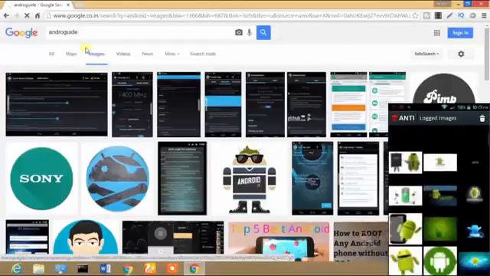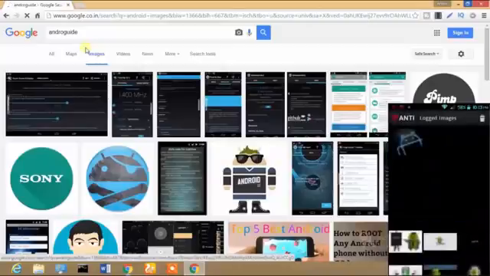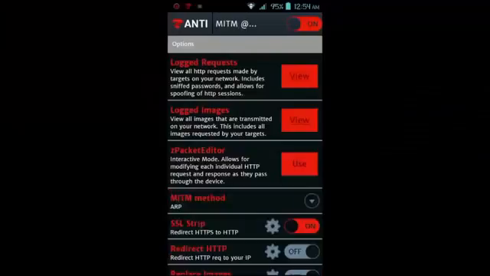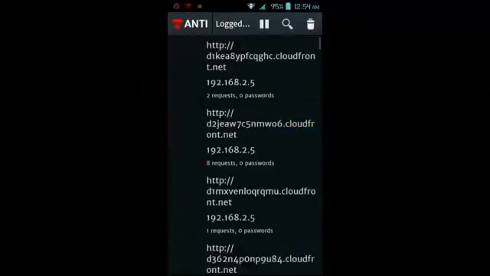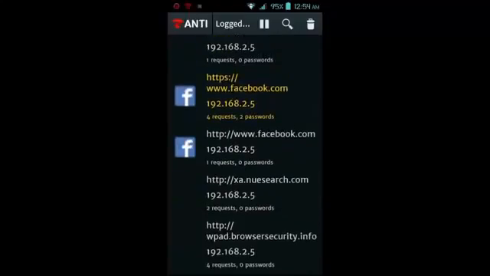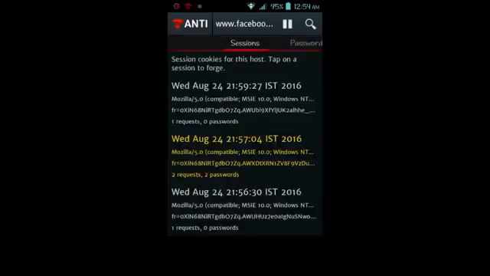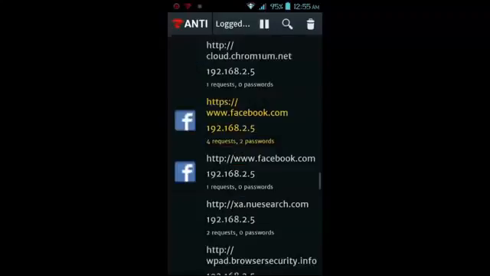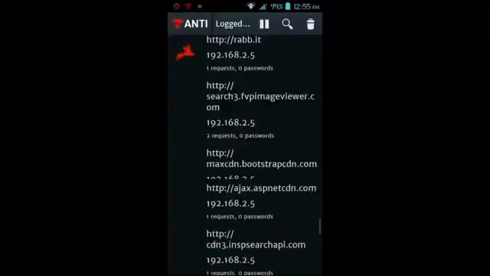And also I'm gonna show you how to get a Facebook password. For doing that, you simply have to wait for the user to log in to their Facebook. Down below you see there is an option of Facebook which I have used. So we will go to passwords, as it had two passwords and two requests. The username is before the colon and the password is after the colon. In this way you can get even the passwords of Facebook that the user is trying to use.